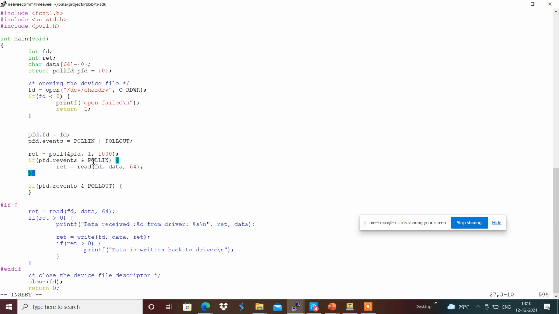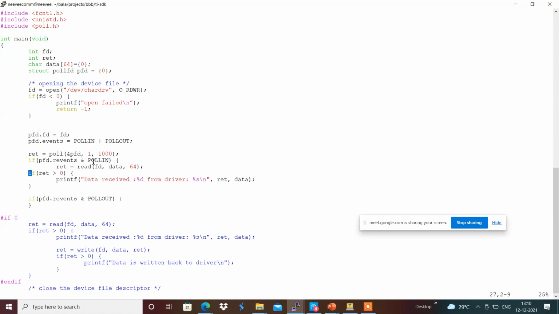Yeah, and in case POLLOUT is set and data can be written, then we will be writing data into the driver accordingly over here.